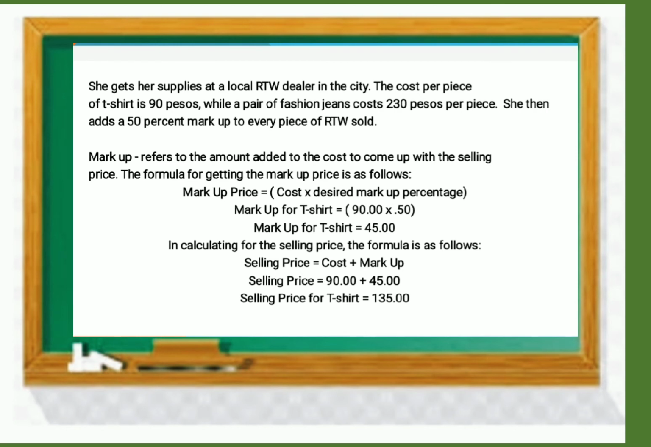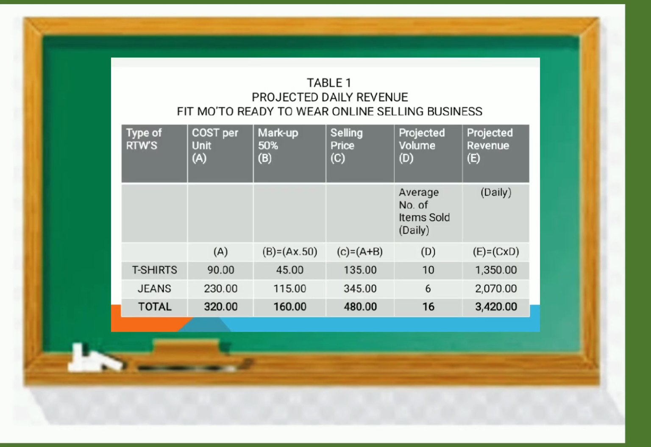So we have here the table 1. Projected daily revenue of Fet Mutu ready-to-wear online selling business. So we have here the type of RTWs. So you have to categorize that one. We have the cost per unit. Then the markup, which is the 50%. Then we have also the selling price, the projected volume, letter D, and the projected revenue. So, given, we have the A, the B is equal to A times 50%, letter C, A plus B,